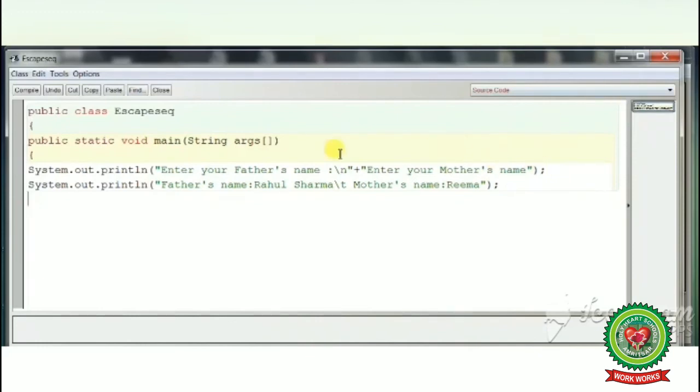So here father's name Rahul Sharma \t for tab space and mother's name Reema. Clear students?